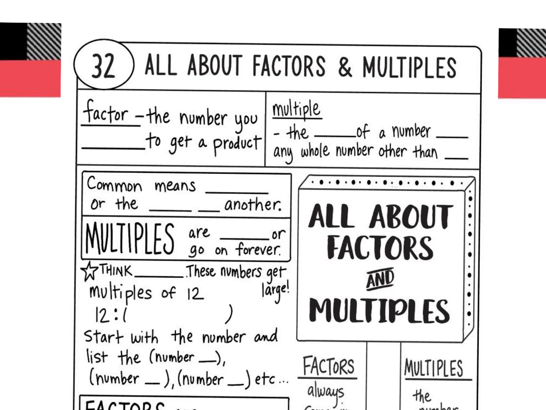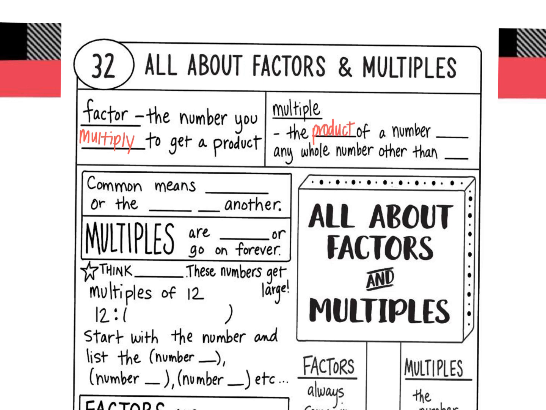Okay, today we're talking about factors and multiples, and we're going to start with our definitions for both words. So we're going to start with factor. A factor is a number you multiply to get a product. A multiple is the product,